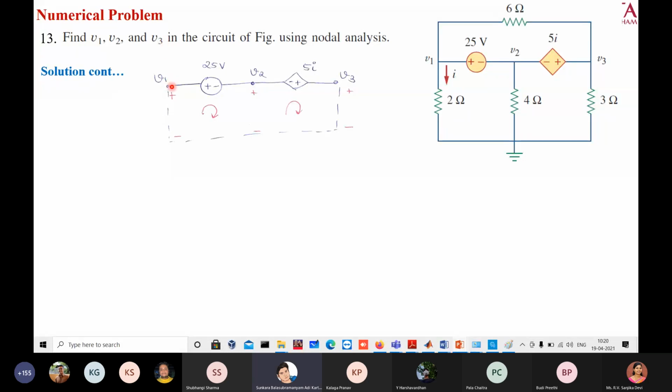Ma'am, we should not care about that above 6 ohm resistor? 6 ohm, even if you consider that will become another loop, but without that loop also we can solve the circuit. That's the reason why I didn't draw it here. Because for applying KVL we require a loop. There should be a complete loop. So if you connect a 6 ohm also there will be a loop on the top part. So using that also we can solve. That is fine. If you consider that, may there be any variation in the answer? No, there will not be any variation in the answer. I will tell you why.